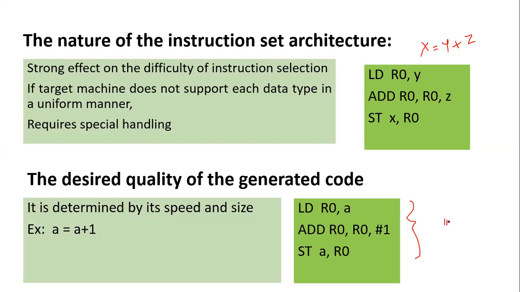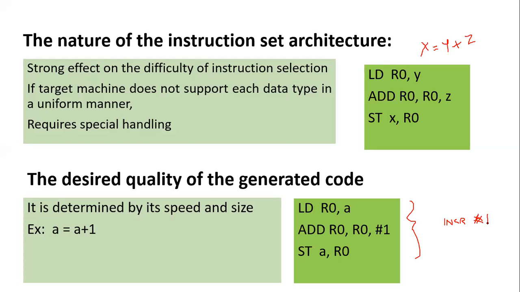Okay, so increment 1 with the accumulator is directly adding 1 to the particular register which is loaded in the accumulator. So this is what happens here. That means the type of instruction also gives the quality. Instead of loading, adding to that and once again storing, which will reduce the speed and require many operations. So that's how the architecture and the available instructions will make the quality of the generated code.